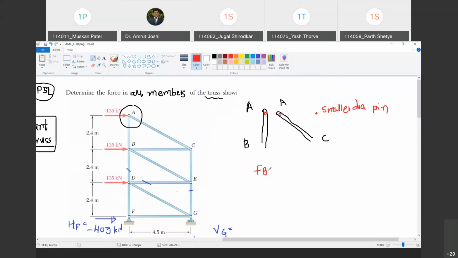देखो सारे बुक्स में ऐसे बोलते हैं कि इट इज फ्री बॉडी डायग्राम ऑफ पॉइंट ए, बट देयर इज नो लॉजिक इन ड्राइंग ए फ्री बॉडी डायग्राम ऑफ ए पॉइंट. आपको फ्री बॉडी डायग्राम किसका बनाना है? You have to draw the free body diagram of the pin that connects member AB and member AC at A. Are you with me? Yes, sir. So FBD of pin at A, उसका फ्री बॉडी डायग्राम मैं बनाने वाला हूं.